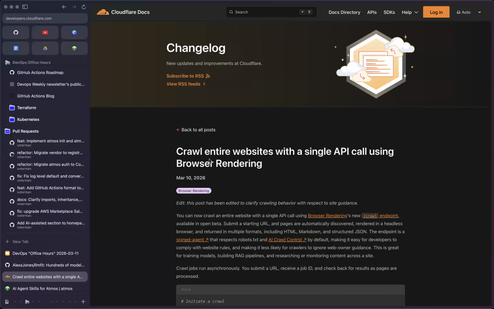So if your client sends a content type header of text/Markdown, Cloudflare can now serve that page in Markdown. And it also serves a header that says how many tokens it expects you to burn by consuming that page. All right, so that's pretty good.